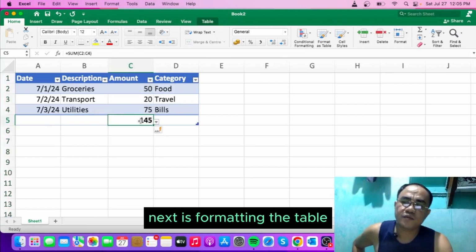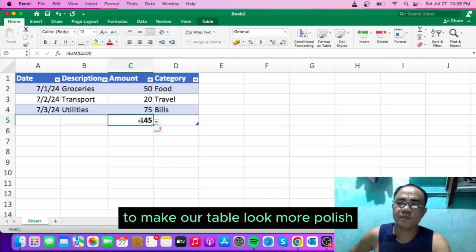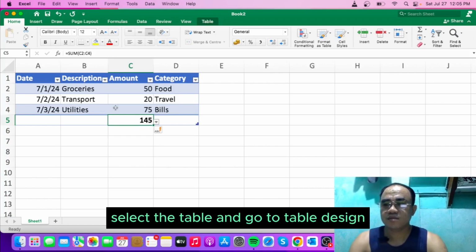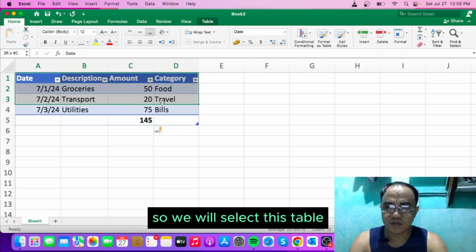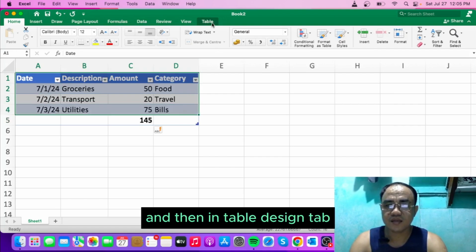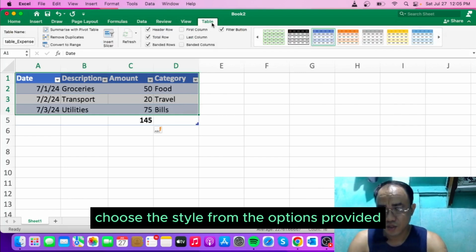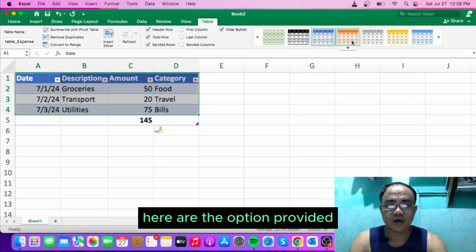Next is formatting the table. To make our table look more polished, select the table and go to Table Design. In the Table Design tab, choose a style from the options provided.